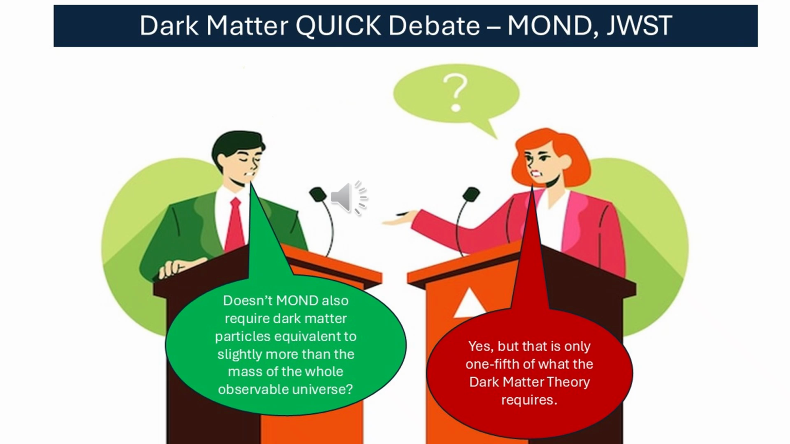MOND predicts rotation speeds based on the visible matter in a way that shouldn't really care if dark matter is there or not, but this galaxy clearly contradicts that. And finally, just wrapping this up,